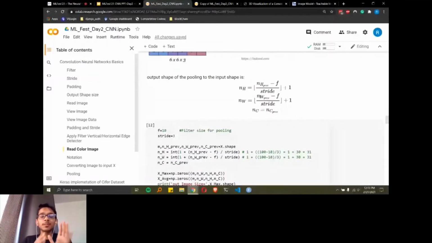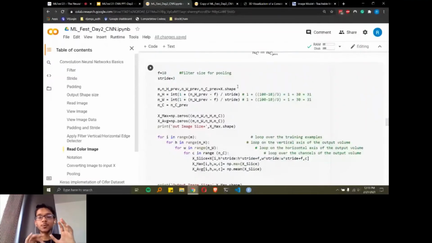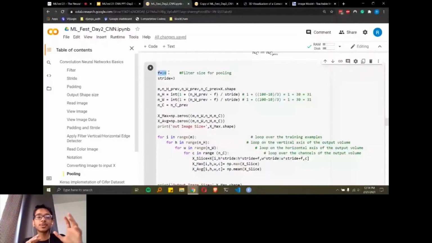Okay. So first of all, some variables I need to clear out. Our input image is of what size? 100 by 100. For that, we are applying a filter of 10 by 10, not 3 by 3. As our image is very large, we have to apply a somewhat larger filter. It's just trial and error, but this suits better. That's why we have applied that. So filter size is 10 by 10 and stride is 3. So we are moving 3 pixels at a time, after every convolution.